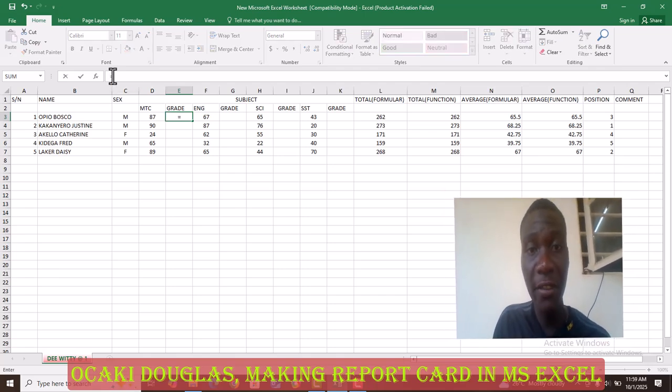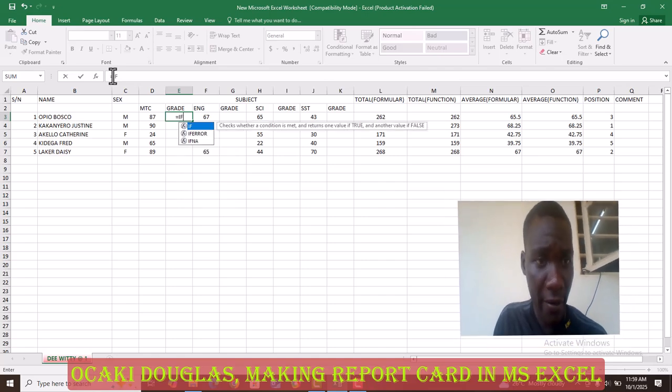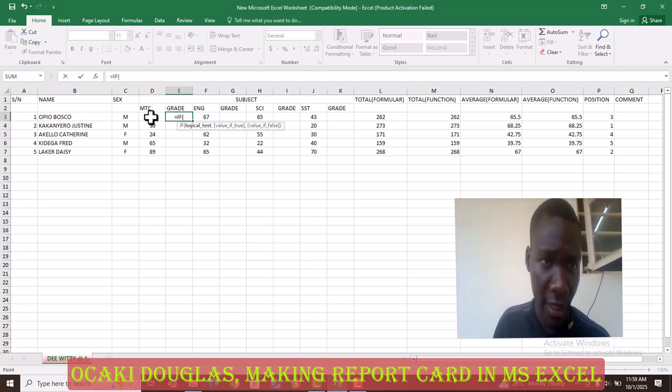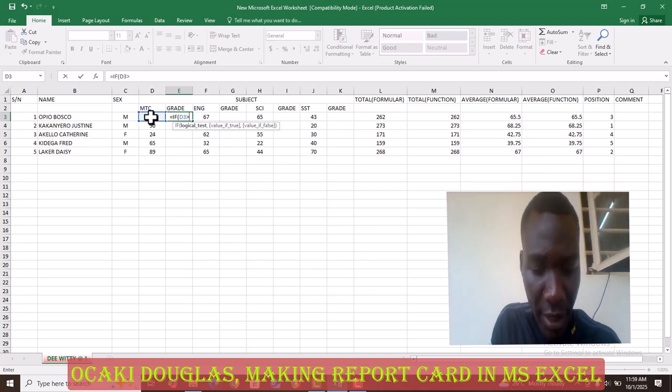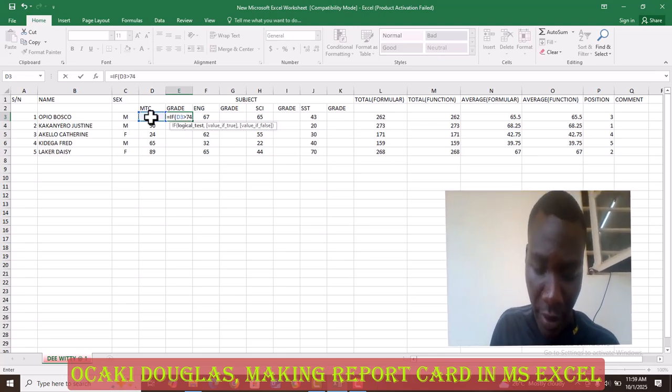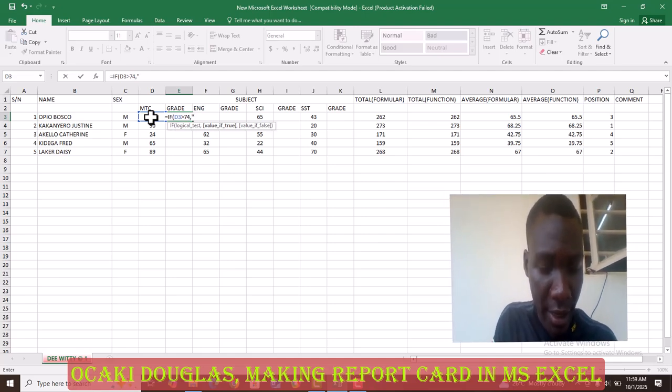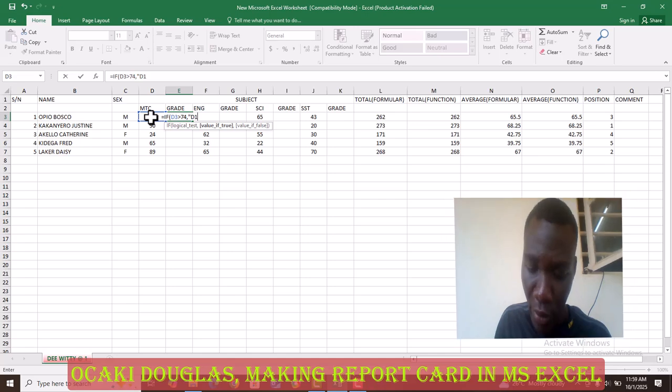Basically here we use the IF function. I open my bracket, comparing this first mark, if this first individual is greater than 74, comma, then I say that is "distinction 1", I close my quotation,